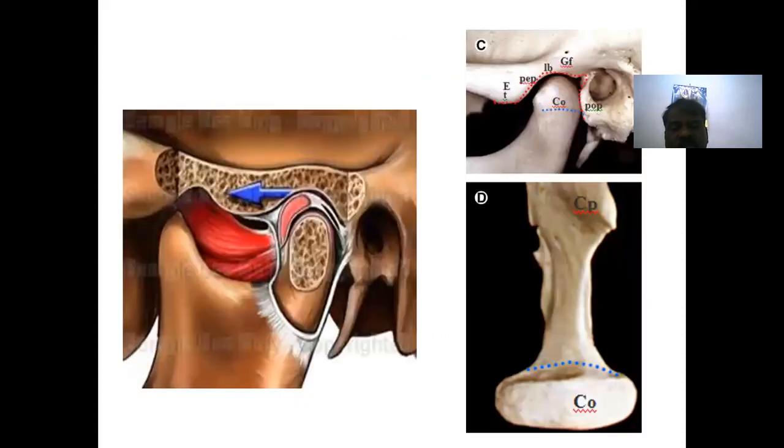See here, this is the articular surface. This is the mandibular fossa. This is the temporal bone. This is the intra-articular disc. This is the head of the mandible. Here also is the head of the mandible. This is the articular surface of the temporal bone. These two bones are separated by the articular disc, which is concavo-convex and looks like an S-shaped structure.